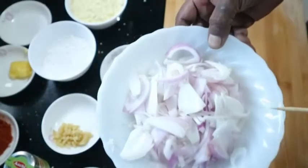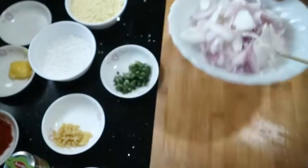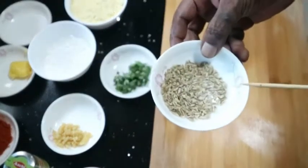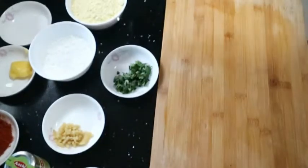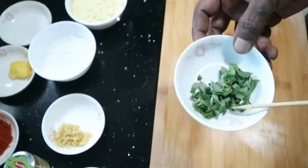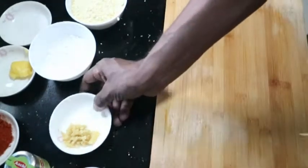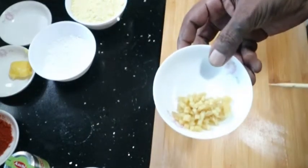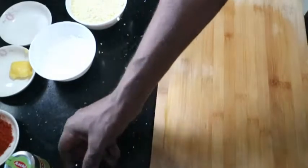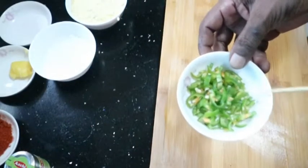Here are the ingredients. You need 2 onions thinly sliced, 1 teaspoon of fennel seeds, about 15 curry leaves chopped, 1 teaspoon of ginger diced, 1 green chilli diced thinly,